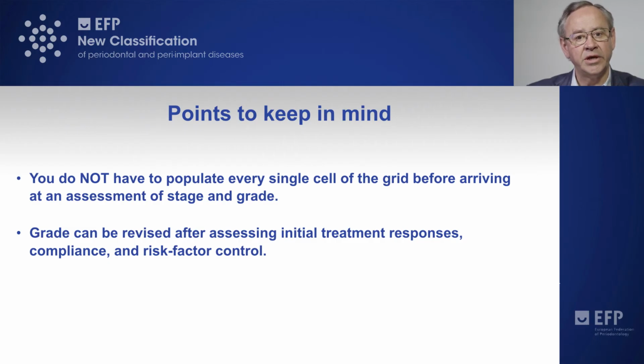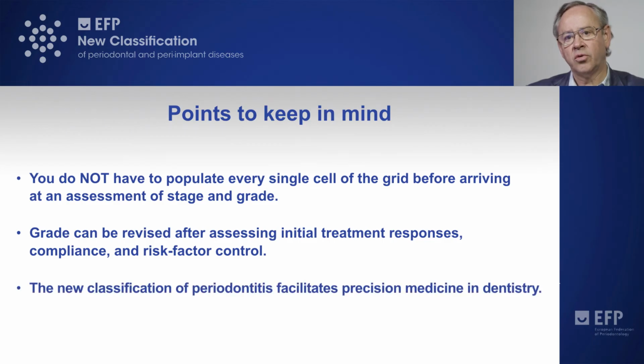A smoking patient can turn into a non-smoking patient. A diabetic patient can be fully controlled of their glycemic status. And of course, good compliance of the patient can also turn a rapid progression into a no progression once the treatment has been implemented. So with this staging and grading, what we aim is to classify our periodontitis patient and